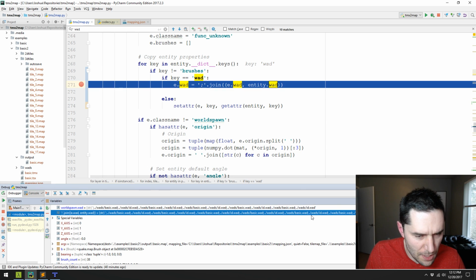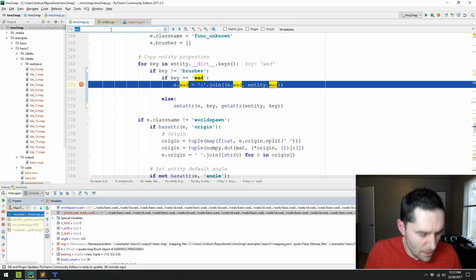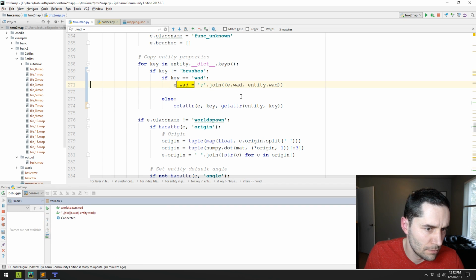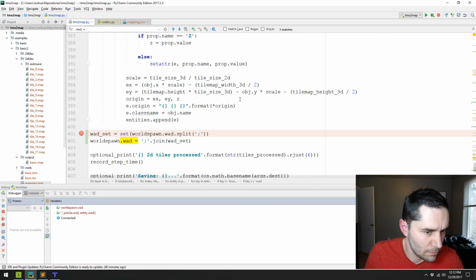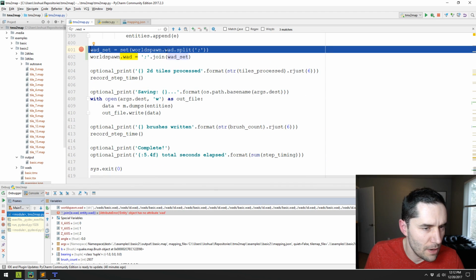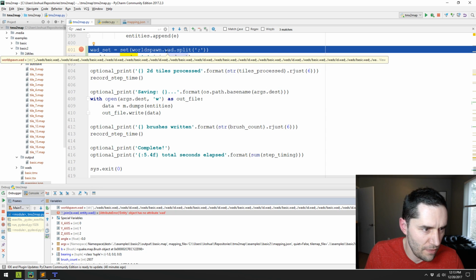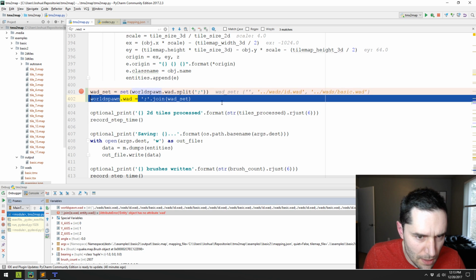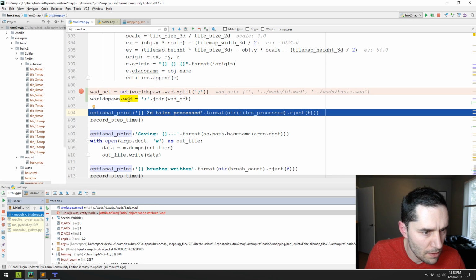So this should just keep getting longer and longer. So world spawn.wad. Yes, okay, perfect. That's what I expected to see. Step. And then it crunches it all down to,